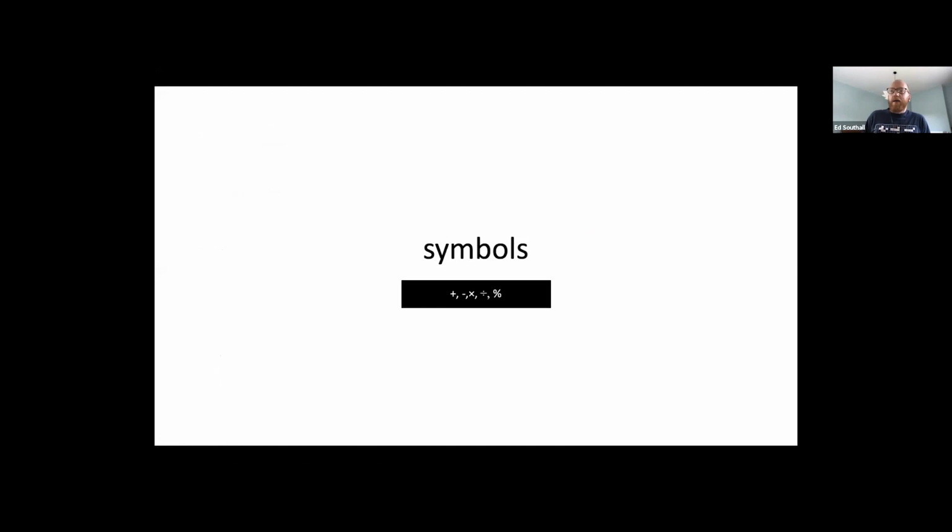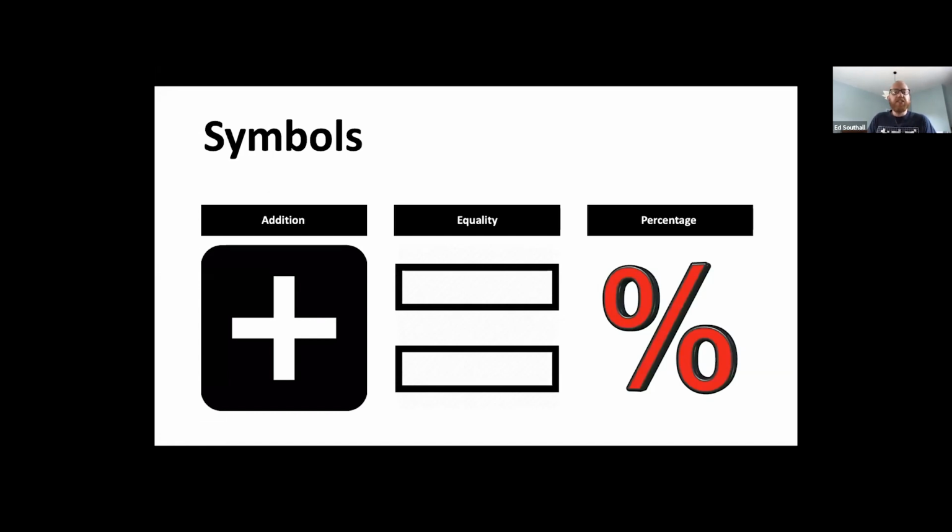Symbols. So I mentioned 3 books at the beginning. The third book is particularly focused on symbols. It's called Enlightening Symbols, so it's not that surprising. And there's a few symbols whose origins I think are quite interesting. This is not quite etymology, but I feel like I can get away with it. So we're just going to look at a small number of symbols. We have the addition symbol, the equals symbol, and the percentage symbol to start off with. And I've put a couple more in after this.